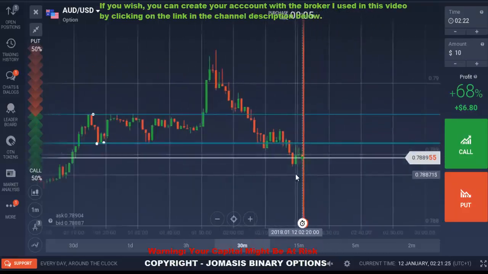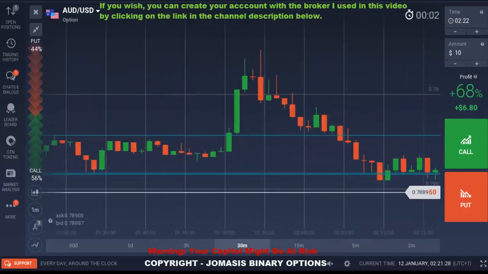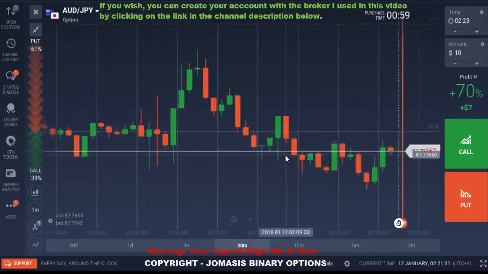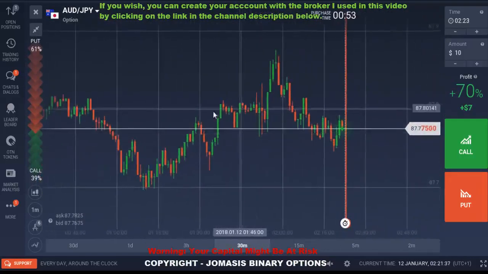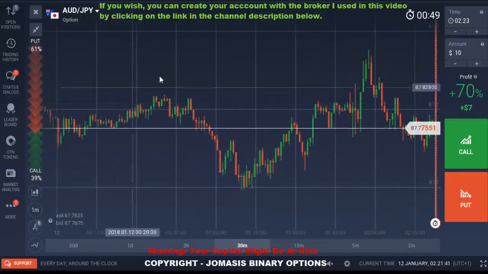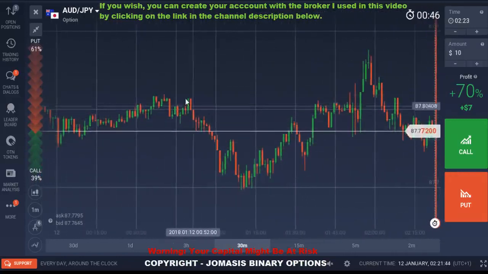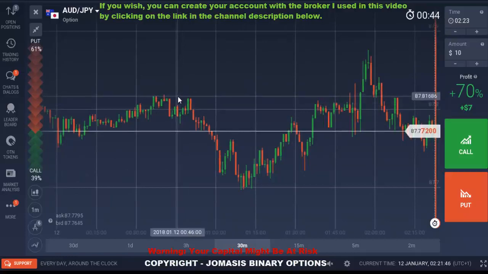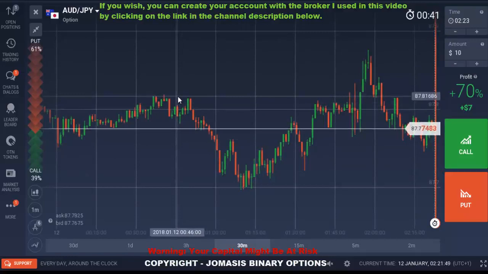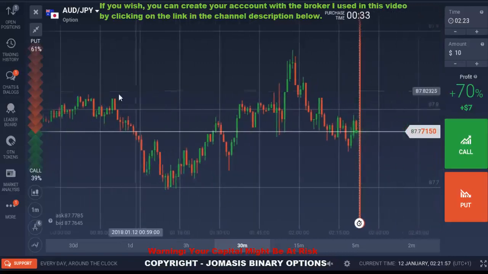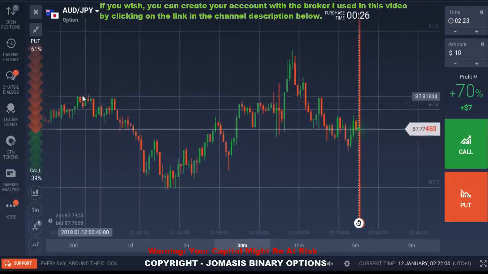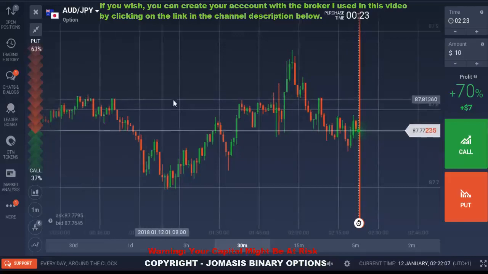Now let me check other currency pairs, so I can see. This is what you should do, as I have just explained. If you want to draw your support and resistance, and you see where the market was coming down like this and started reversing, at this highest level you just place your cursor, your arrow, to see if it's good for you to draw your support or resistance. But as you can see, it's not recommended to draw support here, because as I place my arrow here, this line shows that